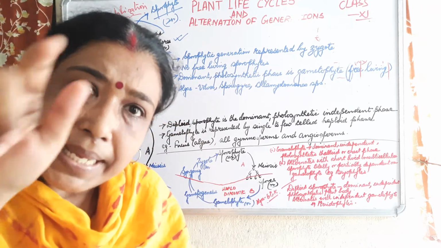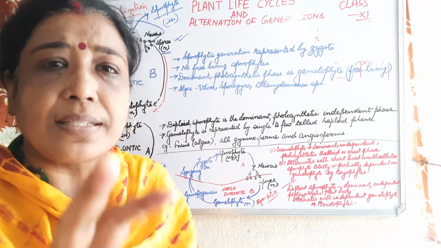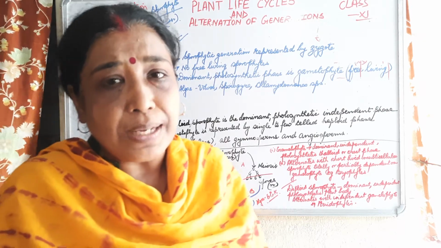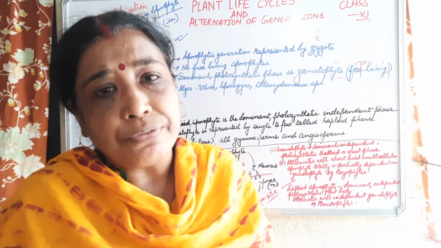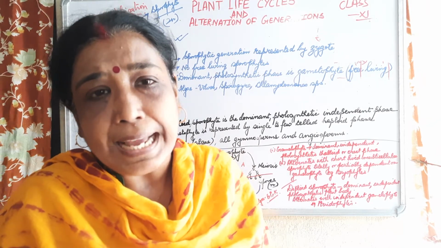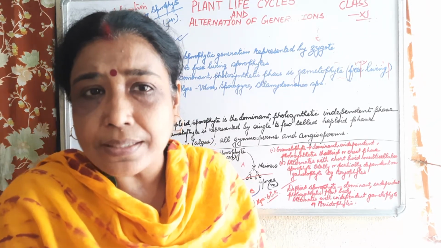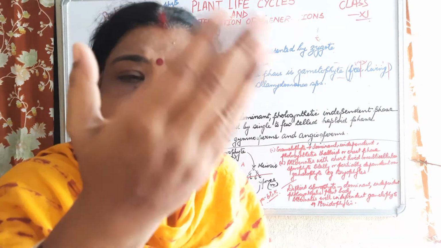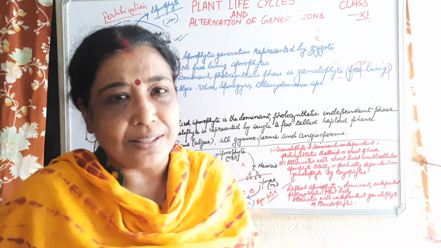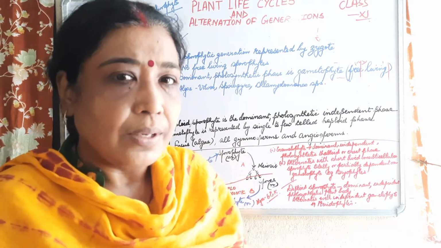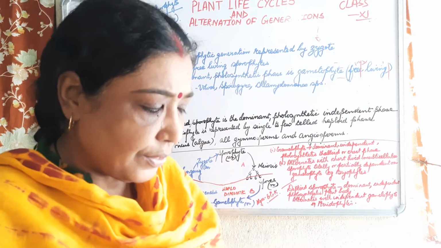Okay, but the basic structure, just remember, it is the same. The sporophyte gives rise to haploid spores by means of meiosis. They give rise to gametophytes. Gametophytes produce the gametes. Then fertilization takes place, forming the zygote. The zygote again gives rise to the sporophyte. The cycle remains the same, so nothing to worry about. If you have the basic concept, you will remember everything.